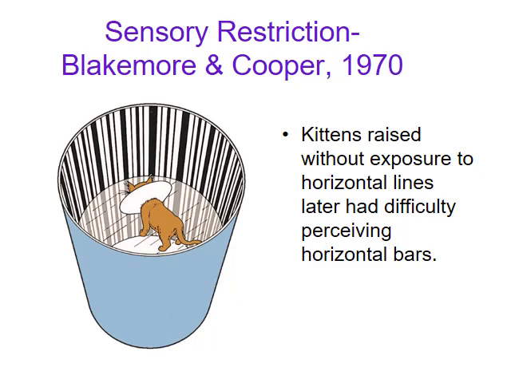What ended up happening when the full-grown cats were removed from this environment was they couldn't perceive any of the horizontal lines in their environment. In other words, those feature detector cells, the cells that would give you that firing for horizontal lines, never developed in their brain. If those cells aren't there, there was nothing to tell the cat what a horizontal line would have been. So I can't tell you what the cat would have seen, but if they had approached something like